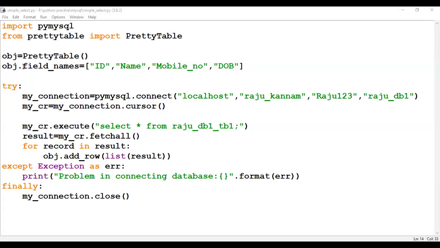Empty table, with field_names equal to ID. Okay, four names are there. So this is the list. Sorry, not result, it is record.